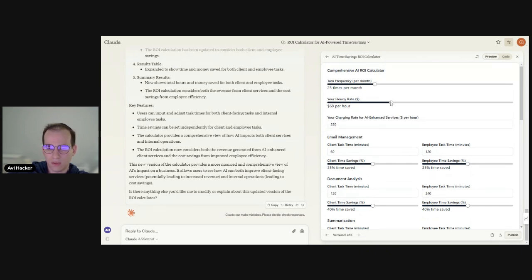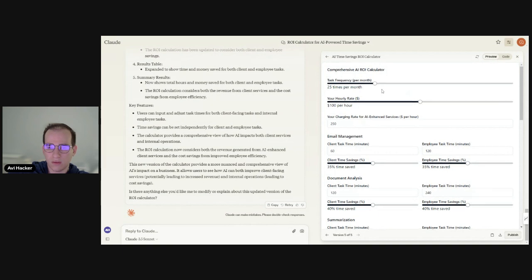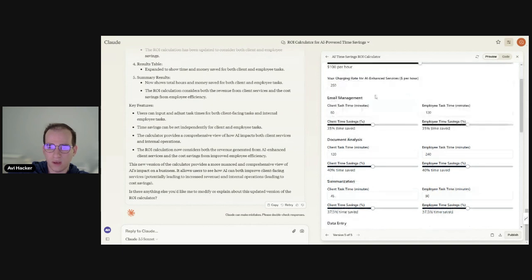They charge 100. They're doing 25 tasks a month, and let's say I charge 250 an hour, which I like. I don't like doing hourly. I like doing on a monthly basis because